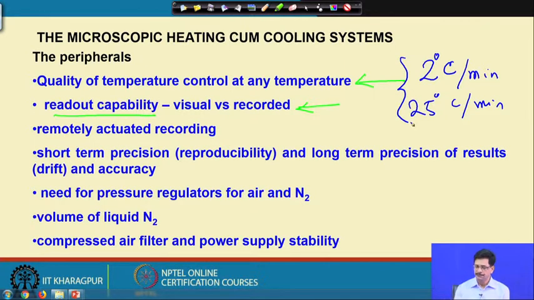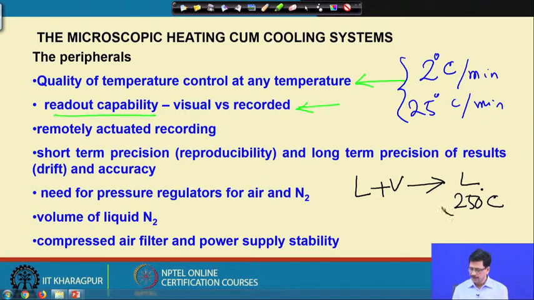For example, suppose a particular inclusion which was liquid plus vapor at room temperature is being conducted in a homogenization experiment, and this inclusion homogenizes to liquid at a temperature of 250 degrees Celsius. So, we were interested in a precise recording of 250 degrees Celsius, not actually much concerned about how many times we can change the heating rate